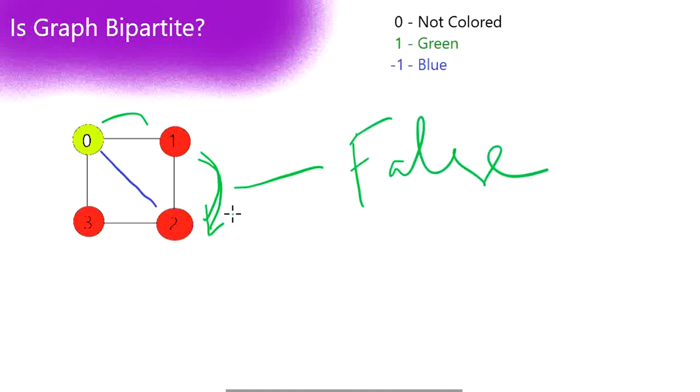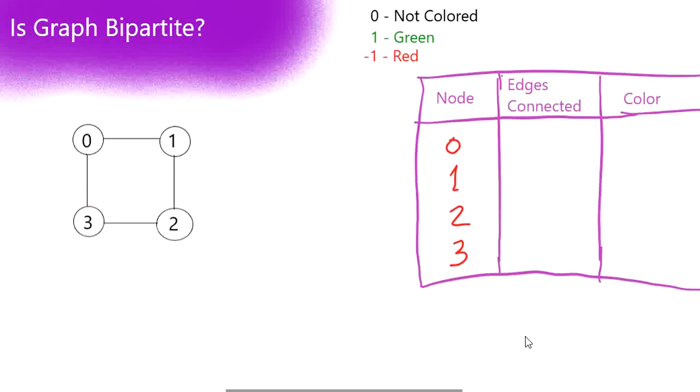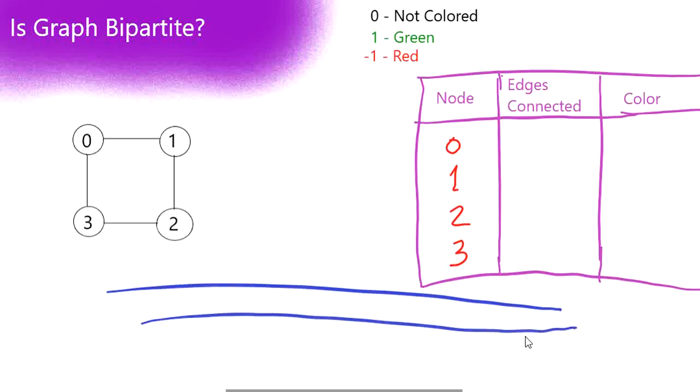So this is the concept or approach we are going to use to solve this problem. How exactly are we going to implement this in code? As always, if we are traversing a graph or tree using the BFS technique, then obviously we're going to use a queue. So here we are going to have a queue which is going to hold the nodes. So now we are going to start from our 0th node. So we just put 0 in our queue.